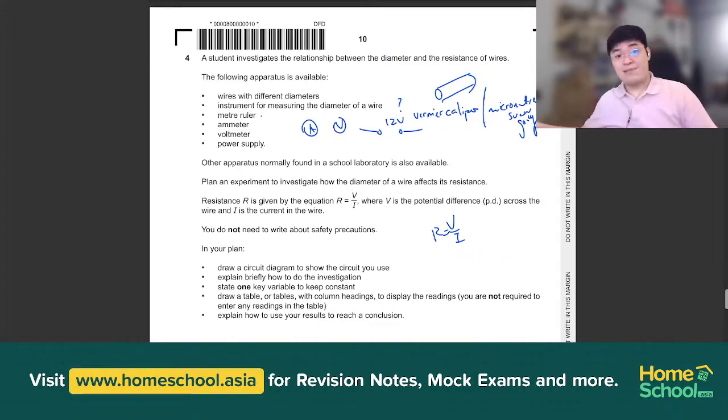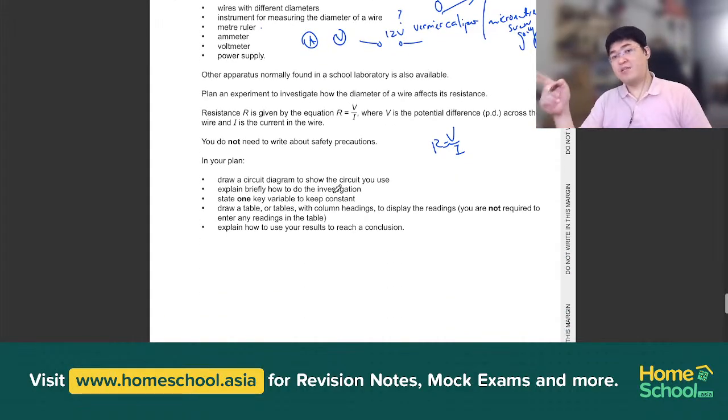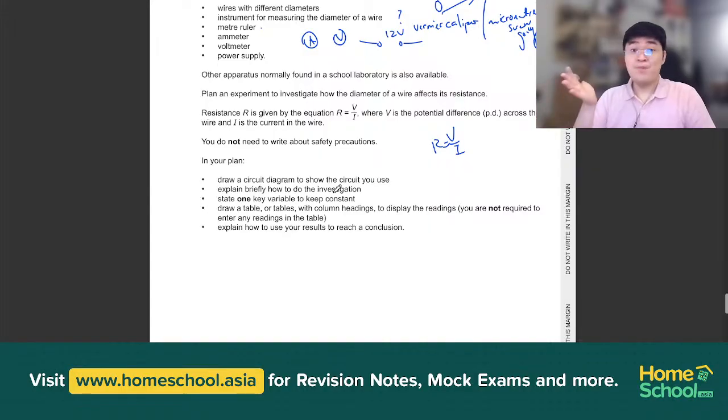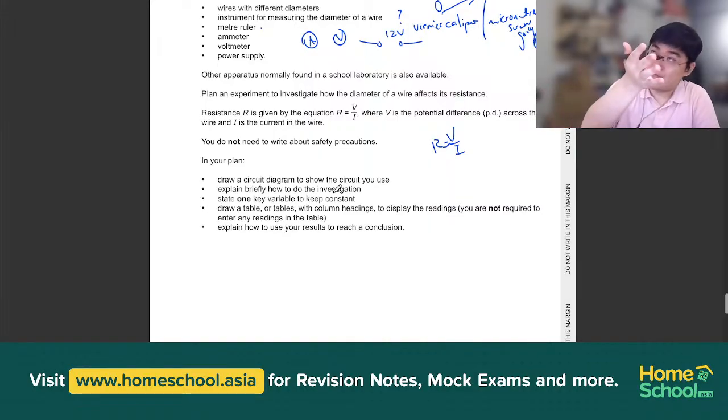So in this plan, we are to: number 1, draw a circuit diagram to show the circuit you use. Number 2, explain how you do this investigation. Number 3, state one key variable to keep constant. And number 4, draw tables with column headings and the correct units to display the readings. Of course, you don't need to write any readings in there. And last but not least, explain how you use your results to reach a conclusion. So, very simple. Let's start with the